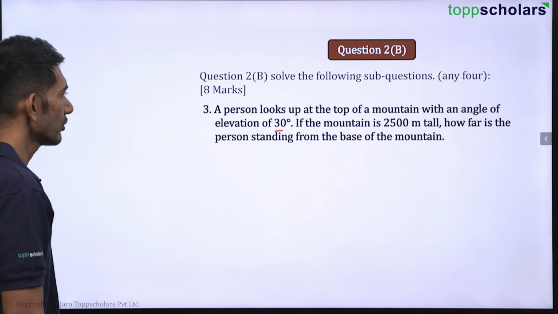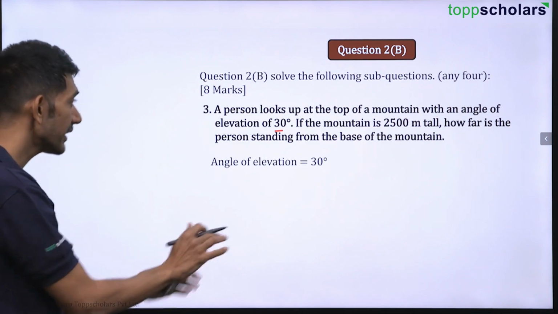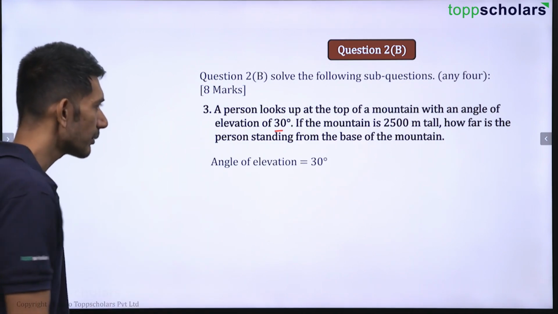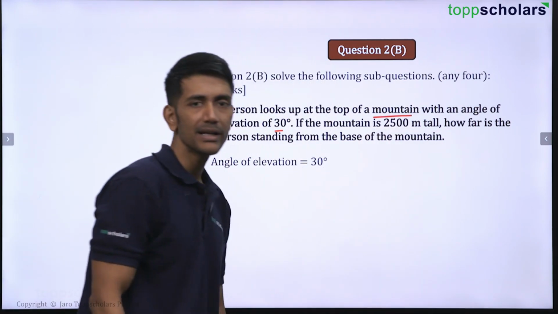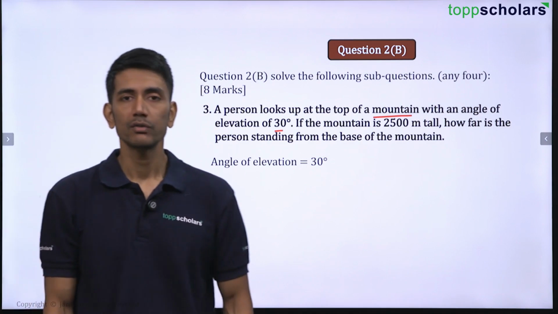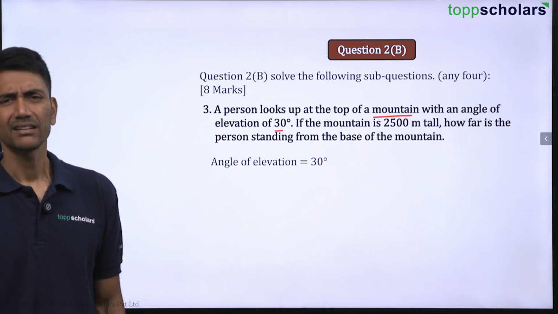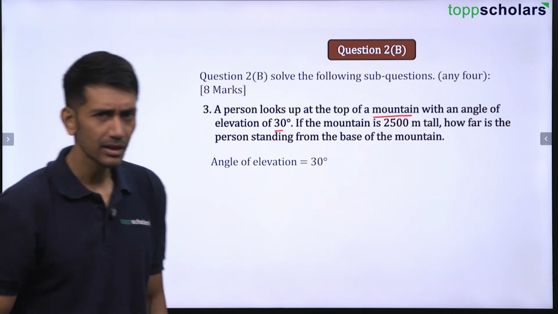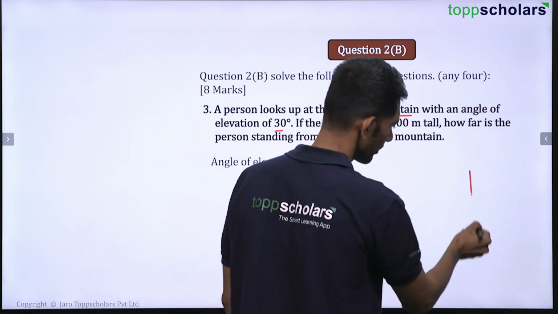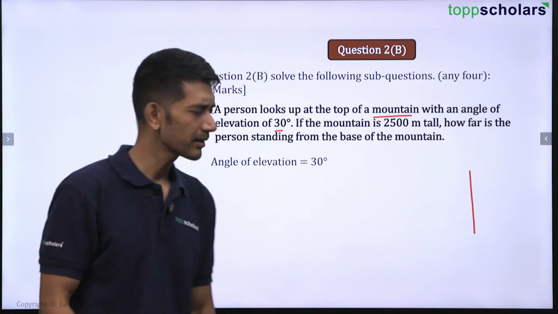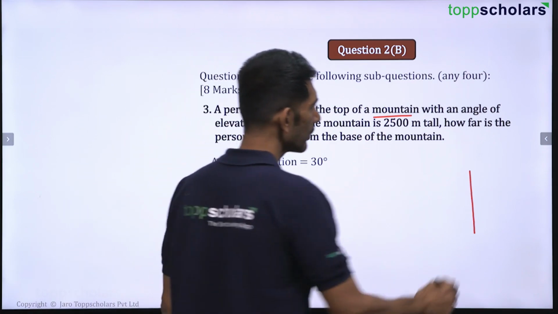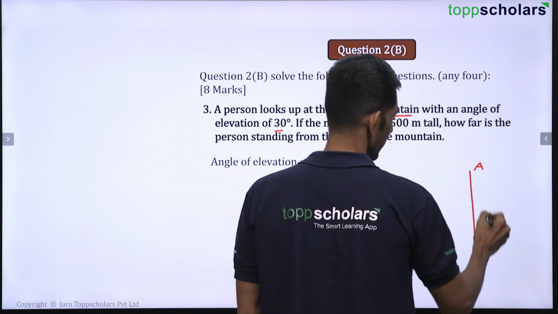Okay. So in such type of questions, we need a figure, right? So the person looks up at the top of the mountain. See, whenever they say mountain, building, tree, tower, pole, something like that, we'll consider that to be vertical to the ground. So suppose this is the mountain. Although a mountain does not look like that, it's just a way of representing it. Now this is the mountain. Suppose this mountain is mountain AB,